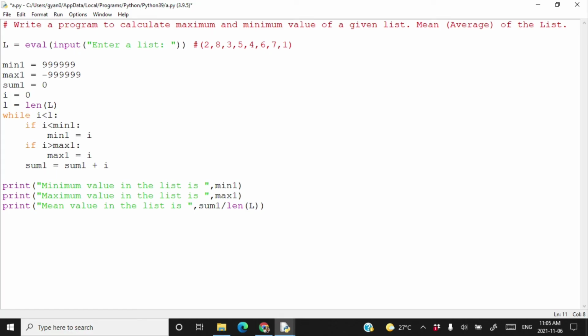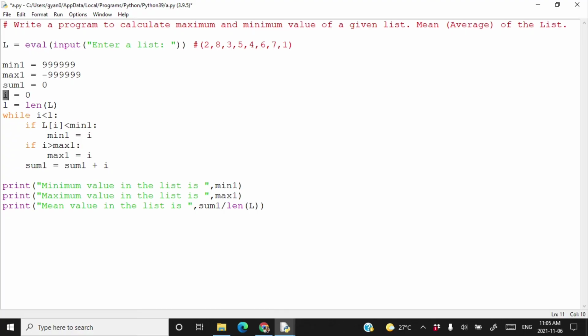Now at this point you cannot just use only i, you have to use l[i], because here i is only index, it's not the element of the list. I here is just an index, so you have to write l[i] in order to access a particular element at the index i. So you compare it with l[i].